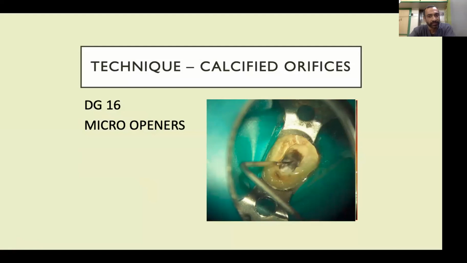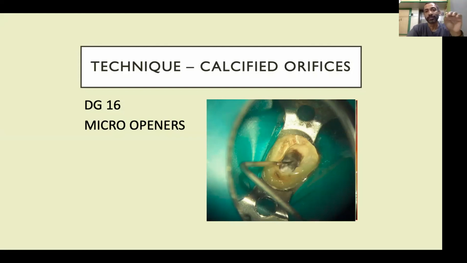Sometimes with older patients, you have calcified orifices. Now, calcifications occur more in the coronal portion of the root canal rather than the middle or apical third. So the coronal third is where you will find a lot of calcification taking place. There will be displacement of the orifice slightly. I would suggest that if you get a case like this, don't try to do it in one go. You have the option of sending it to a specialist, yes, but if you really want to use this patient as a learning experience, then maybe take 2 visits for your access opening, maybe even 3 visits for your access opening,